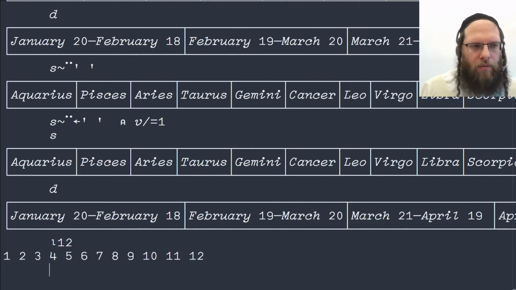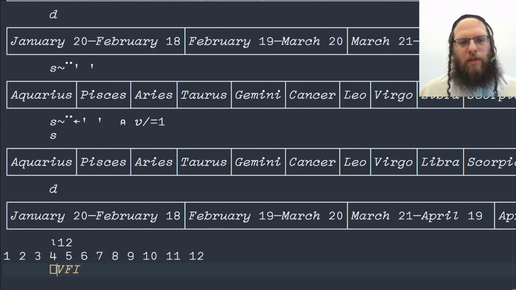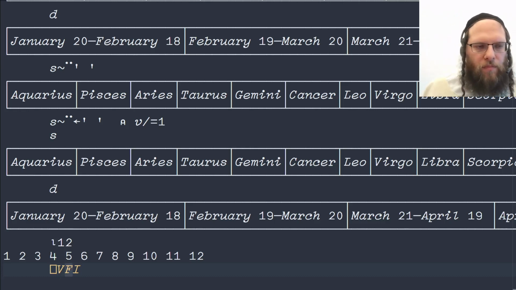So a really nice way to do this is to use quad VFI. This means verify and fix input. And it's called verify and fix, where verify makes sure that a token is a proper number, and fix actually converts that text to a number. And so we can try this with the first one. So the first one of D,